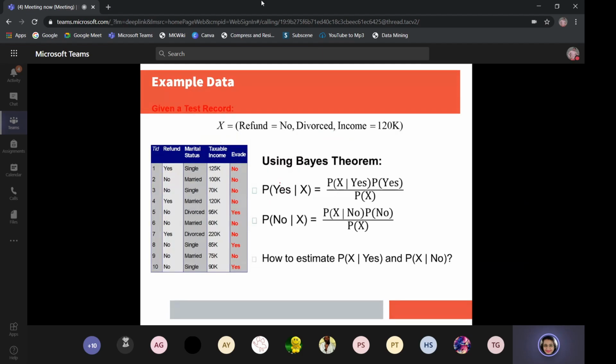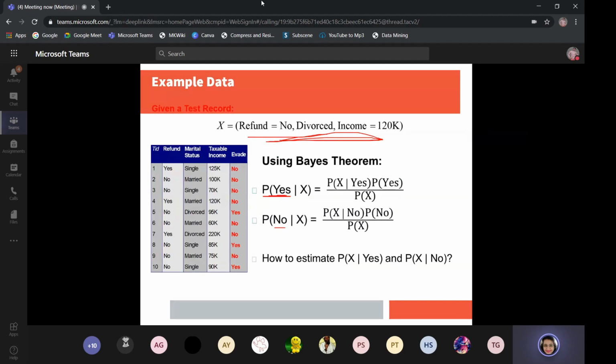The Bayes theorem says to compute the probability of y being yes given this combination, and given this combination, the probability of the class belonging to no. This can be computed by the Bayes theorem that we have already read, which is the probability of x given yes. That means refund equals no, the person was divorced and income was 120k. So find records where the combination of no, divorced and income 120k occurred. I think I cannot figure it out here either. There is not a single one. So you look at this combination and multiply by P given yes.